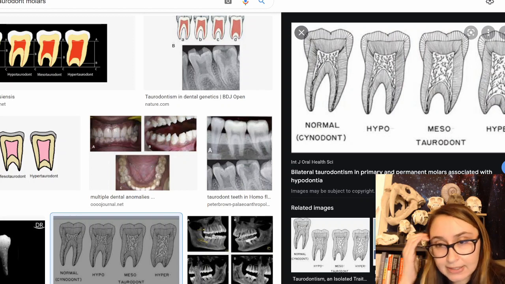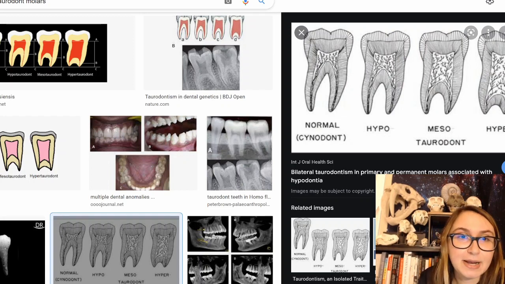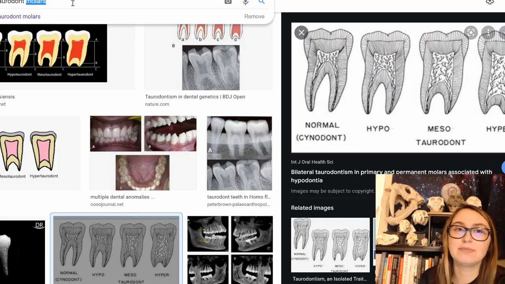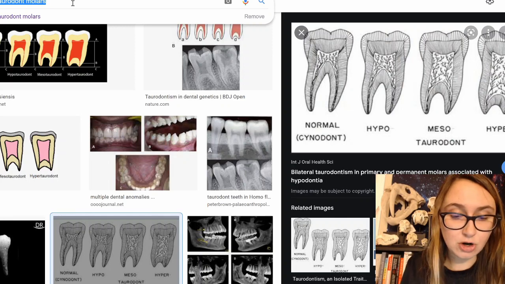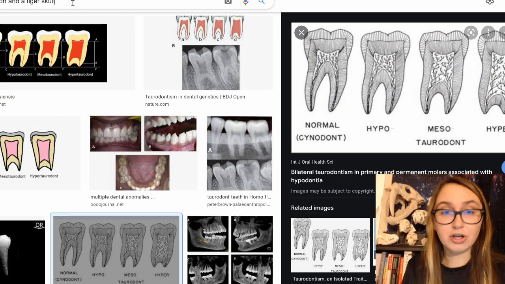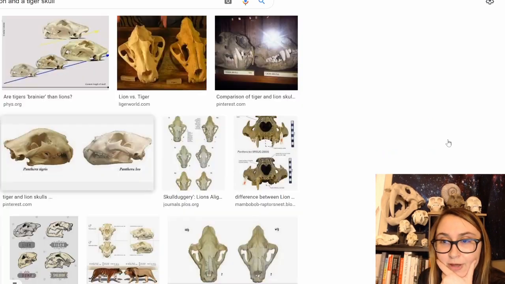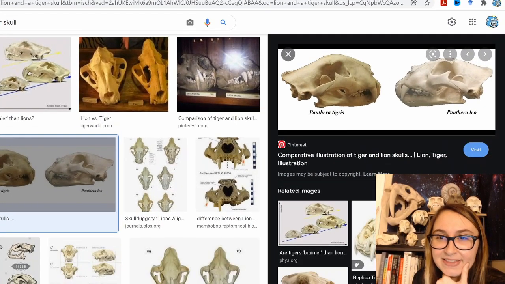So the point that should be abundantly clear to you for this part is that their anatomy of the skull is not slightly different, but is actually significantly different, right? And Neanderthals are actually more derived in some cases, so they are quote unquote more evolved in some cases than even the humans are. Compare this to the difference between a lion and a tiger skull, which are comparatively, strangely enough, seemingly more similar than the human and the Neanderthal skull, and yet these are very clearly different species, as are humans and Neanderthals. So let's talk about the examples that they brought up.